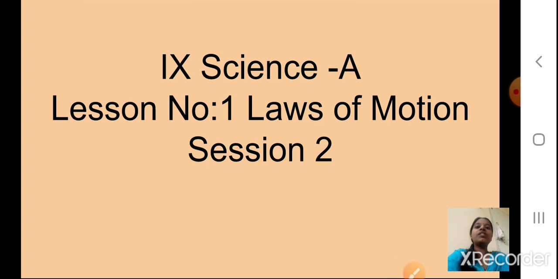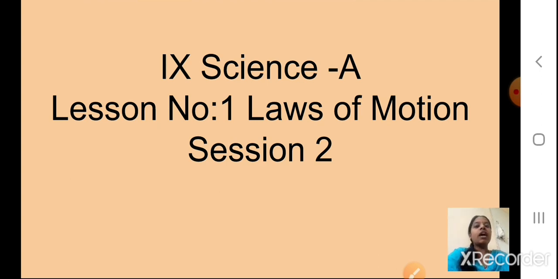Now in the previous session we studied a lot of definitions. I told you to revise all the definitions. If you remember, we did distance, displacement, speed, velocity, acceleration. Yes, different types: uniform motion, non-uniform motion, uniform acceleration, non-uniform acceleration, positive, negative, zero acceleration. I hope you are remembering everything we studied last presentation. So please go through the definitions and formulas I told you to revise. They are very important because we are going to require them while deriving Newton's laws.